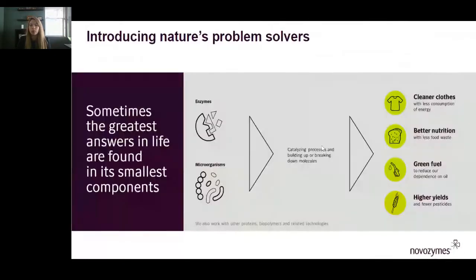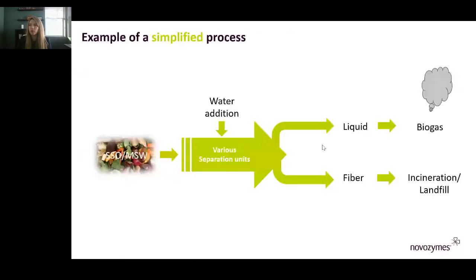And mentioned that we are an enzyme and microbe manufacturer. So these are biological particles that are helping to catalyze processes, building up or breaking down different molecules, and doing that in an environmentally friendly way, helping to get cleaner clothes with less energy, greener fuel, or higher crop yields with fewer pesticides. So now talking about how those can be used for biogas production,